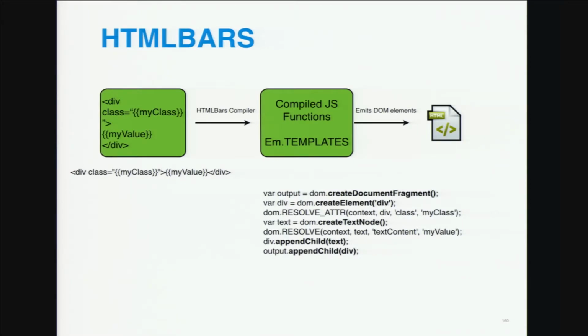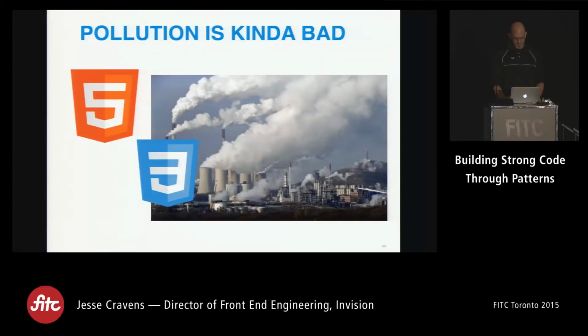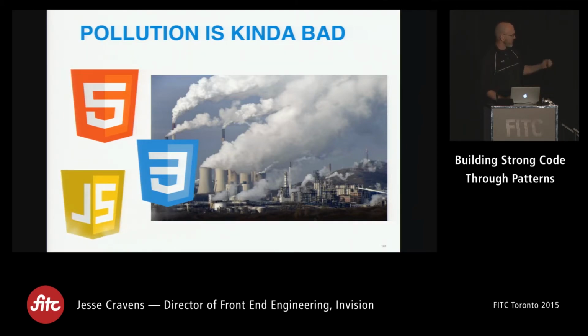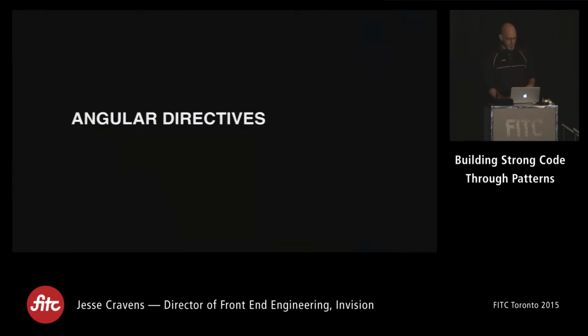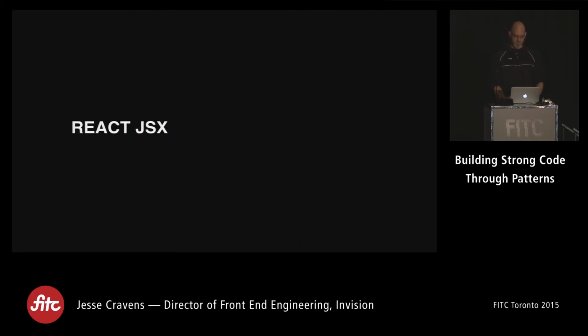Now, another aspect that comes to mind when we talk about JS templating in HTML is that pollution is kind of bad. And we're taught from very early on to keep all of our HTML, our JavaScript, and our CSS abstracted from each other. And so when you look at Angular directives, you start to see pollution of the HTML. And that's the first impression that I got, was I want to stay away from Angular because of the pollution. Up at the top, those are just some built-in directives. And then you look at something like React as well, where